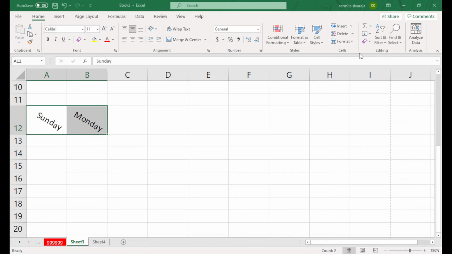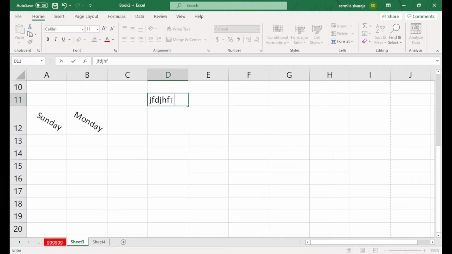Okay. Next one is the wrap text. Wrap text means sometimes we type some big paragraph here. Okay, I typed like this. This cell takes another cell also for the text, so I can't view it like this.